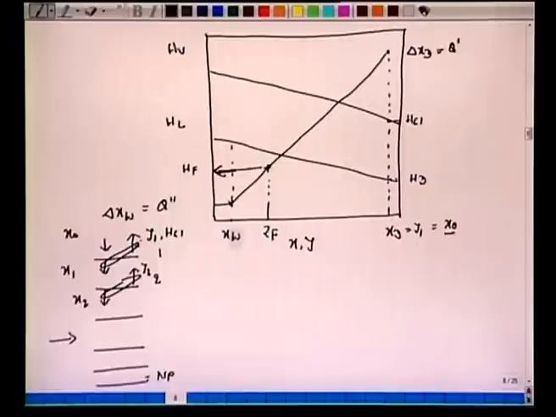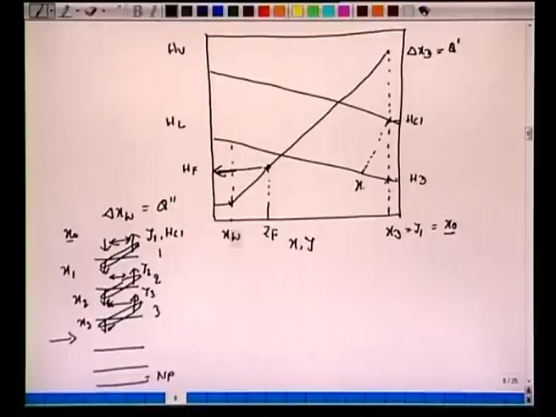Tie lines will correspond to X1 and Y1, and the operating line will correspond to X0 and Y1, or X1 and Y2. Or say for the third stage, we have X3 and Y3, so again these two streams will be in equilibrium, and the tie line and the operating line will give you Y3 and X2. So with that understanding, let's start from here. So this is Y1, this is your XD, and corresponding to this we have this Y1. Now Y1 is in equilibrium with this X1, so we draw this tie line.